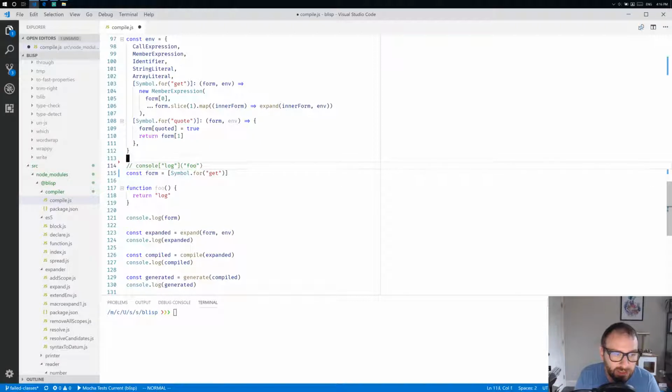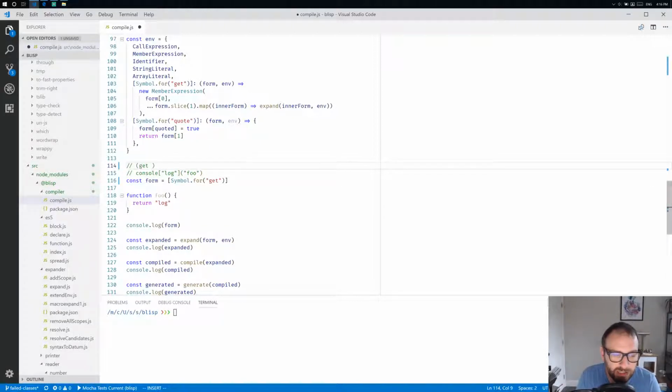All right, so again, what we're going to compile here is get console log, and then that will give us the console.log function, and we will pass it the string foo. Actually, let's continue. Let's do hello world, because that's just a classic thing to do. And we want this to compile to console.log hello world. Okay, so